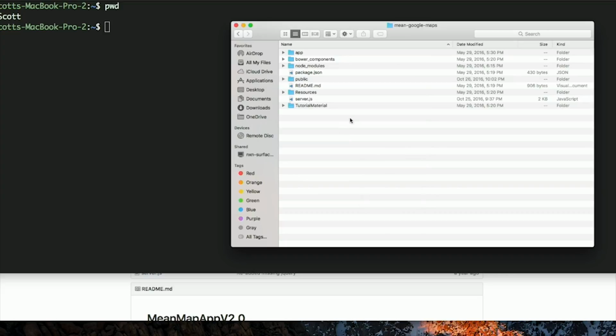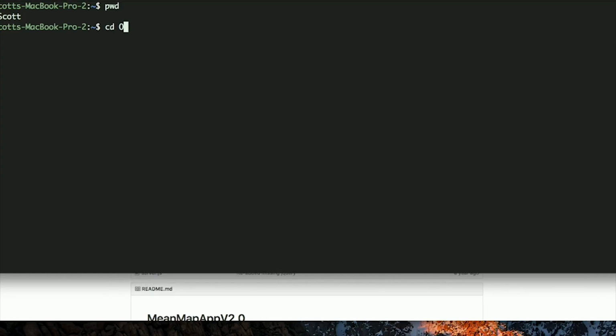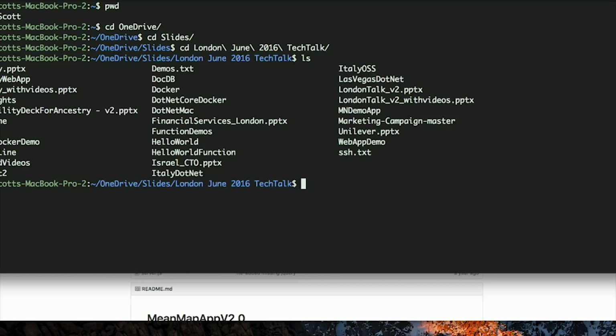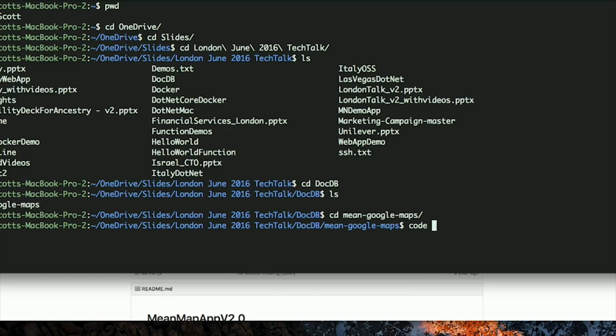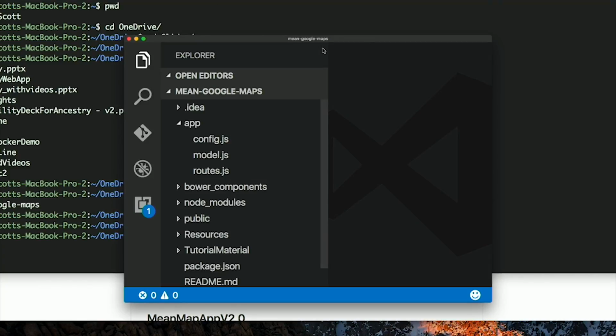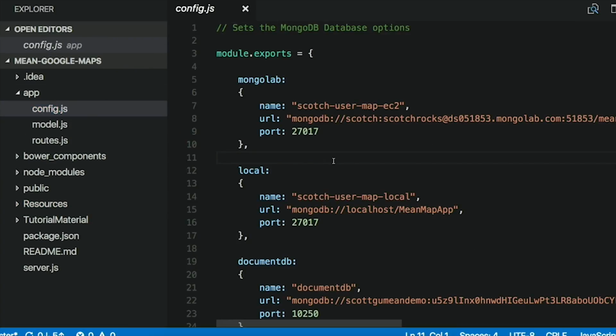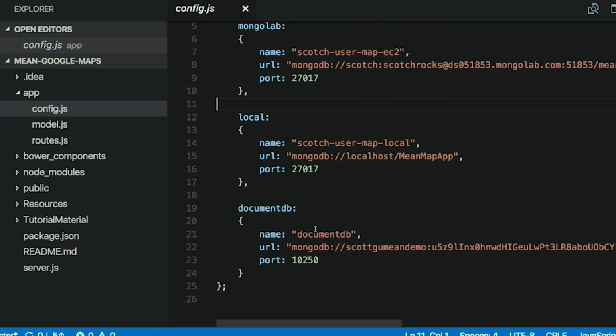Let me show you what it looks like in real time. And so if you go inside here, this is totally unchanged code. The one thing I did do though is just in the config.js file I added a new config entry for a document DB instance,